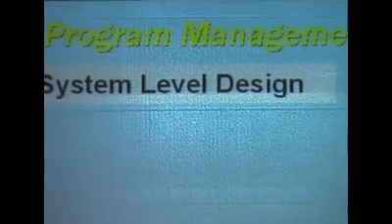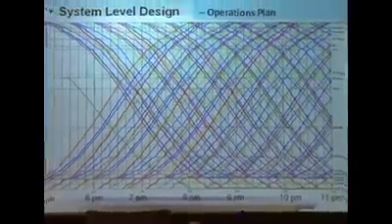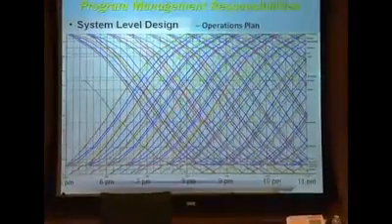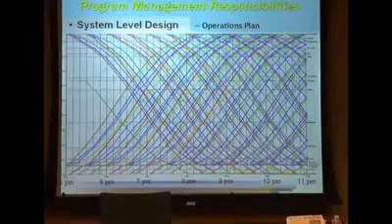And what I mean by that is, can we, in fact, run these trains? And what is typical to most people in the room, the string line diagrams, which show north and south. This is just a piece of it, which indicates that at the speeds we're talking about, over the alignments that we've laid down, and to the timetable that we have, the trains, in fact, can run without getting fouled up between themselves at any portion of the route. It's from that we have worked with the ridership forecast. We've taken